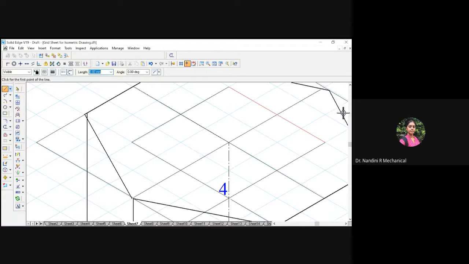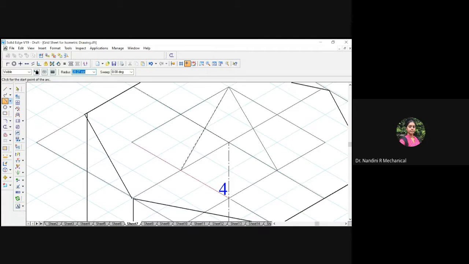So from this corner to the midpoint, and again from this corner to the midpoint. Then go for arc by center point.